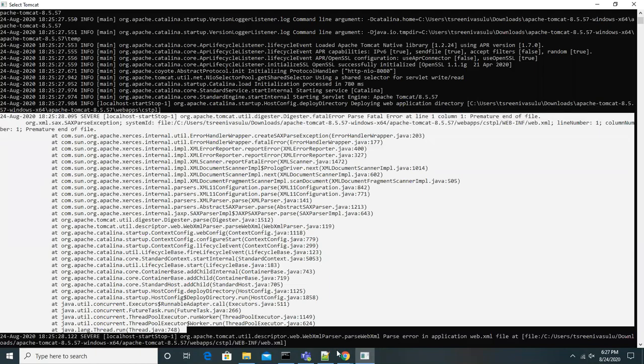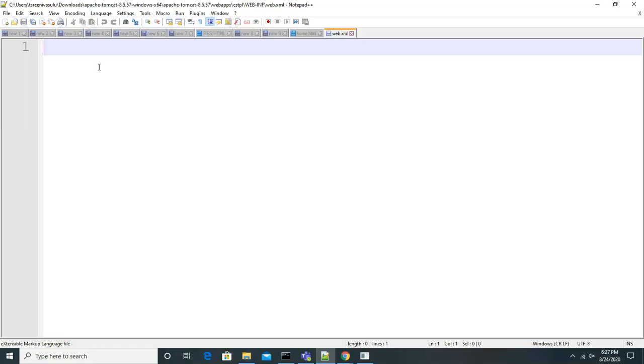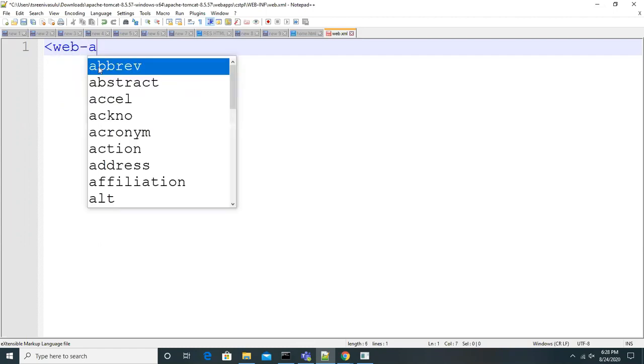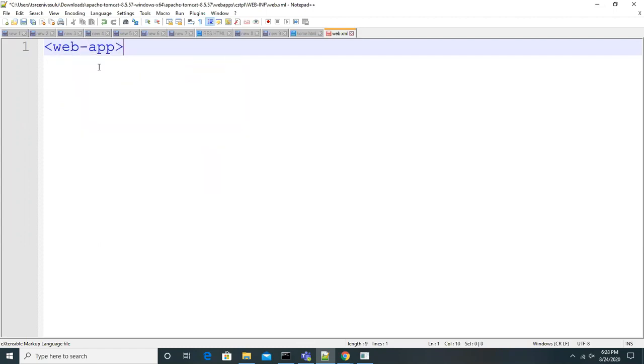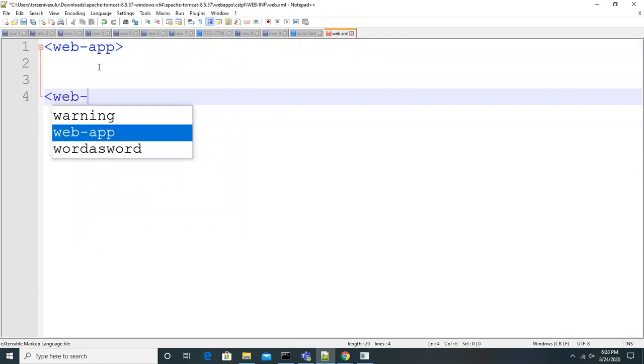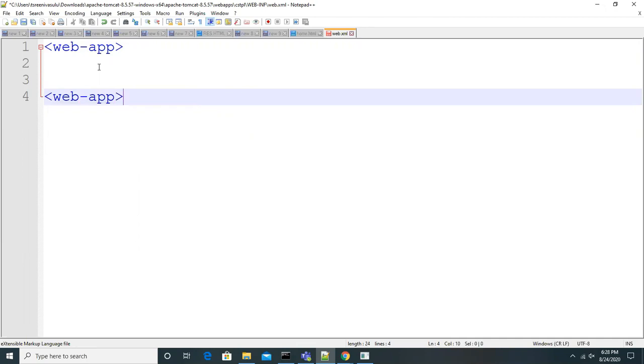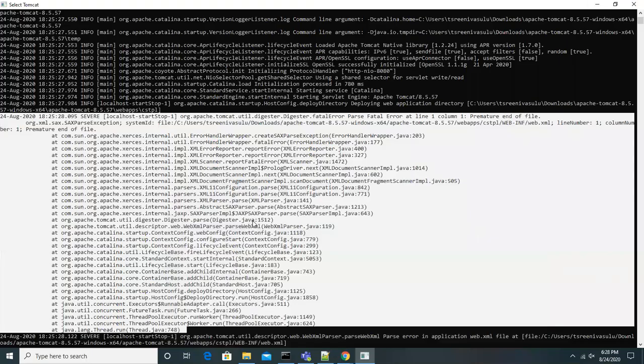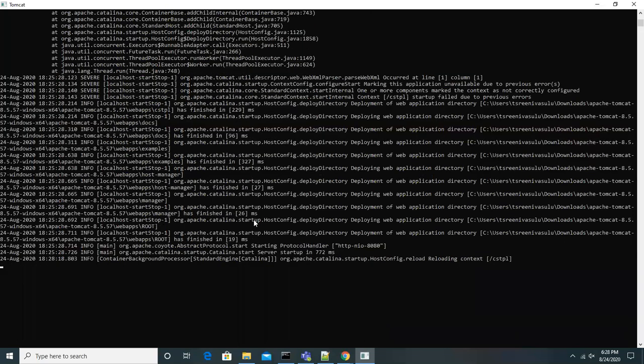So the basic stuff is at least you should have one tag in the file. Like how we have HTML tags, in the same way you can keep that kind of tags in the XML file also. We'll discuss more on that. Web-app start, web-app end. So this is the tag I kept. Okay. Now I'm stopping the server. Control C, automatically the server got stopped.